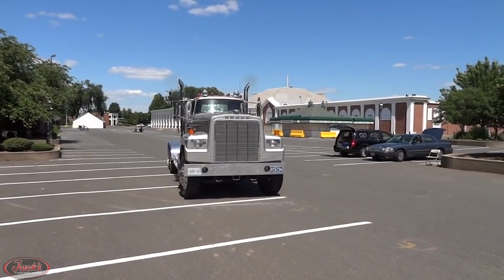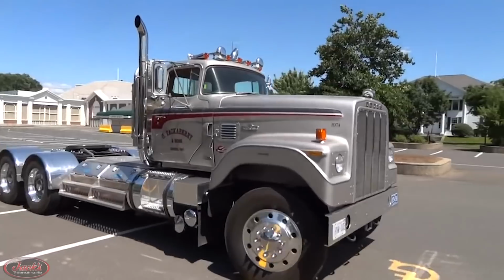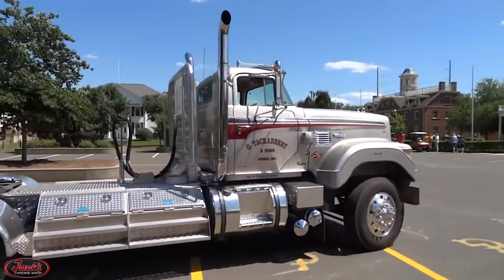Despite Dodge's short-lived journey in the heavy truck market, they surely made a long-lasting impact on the trucking community as